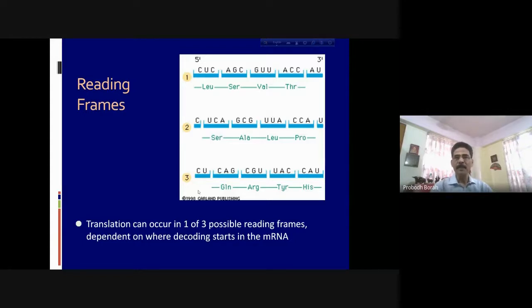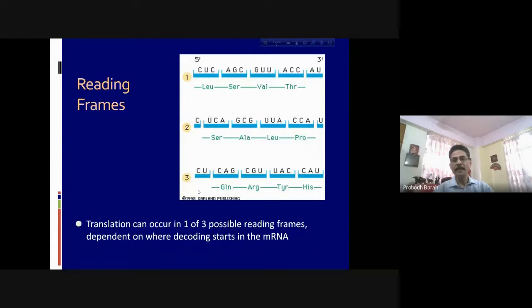If it is a gene sequence, only one of these reading frames will really code for a particular protein. So we shall have to find out the properties of such reading frames. Out of these three frames, we can designate one of them as an open reading frame. What is an open reading frame? ORF is a reading frame consisting of triplet codons